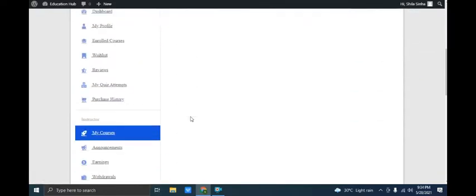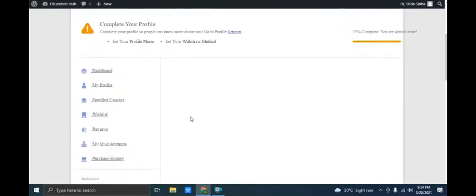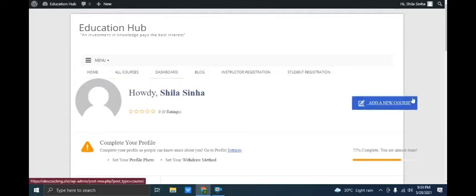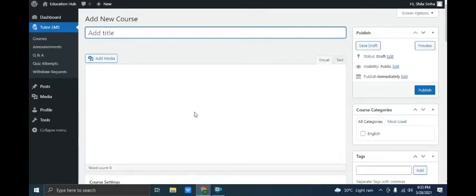And here you can see the enrolled courses, wish list, reviews. You can also see my quiz attempts. If you want to take any course, you can do it over there. Under My Courses, you can put your own course as an instructor. If you want to give an announcement, or see the earnings, so many things are there. And withdrawal also, and the quiz attempts of the students, everything is given over here. Afterwards I will tell you how to make the quiz also. That video I'll post very shortly.